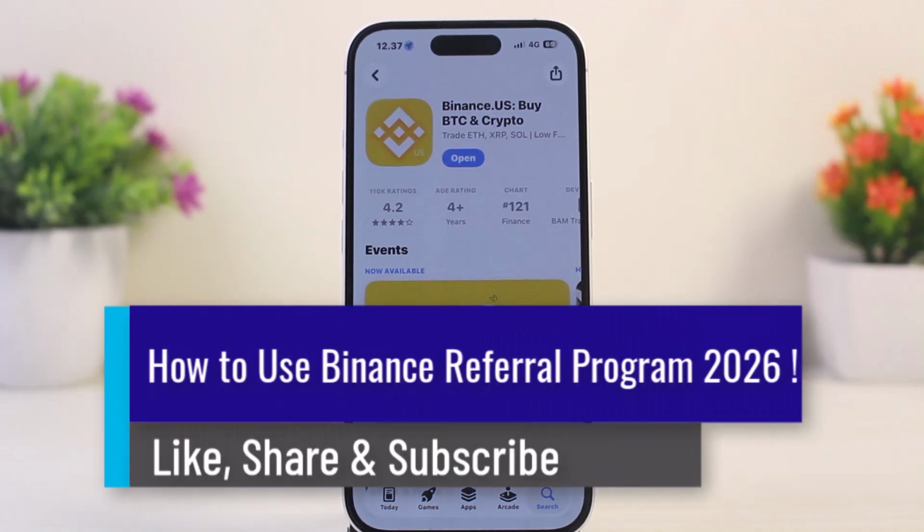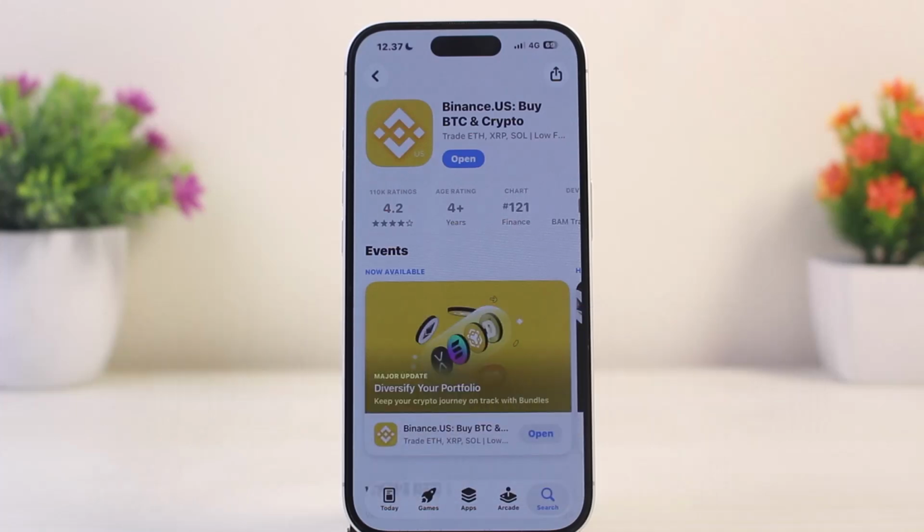Hi everybody, so today let's talk about how to use Binance Referral Program 2026. So to use the Binance Referral Program, you need to sign up using a referral ID, complete a verification and meet specific milestones. So if you are new to Binance, you must enter a referral code during registration as it